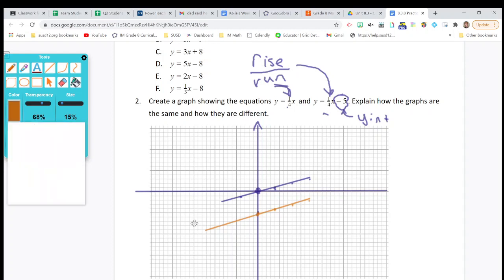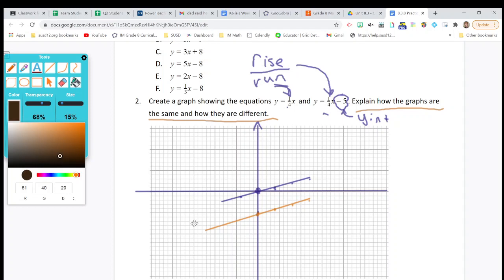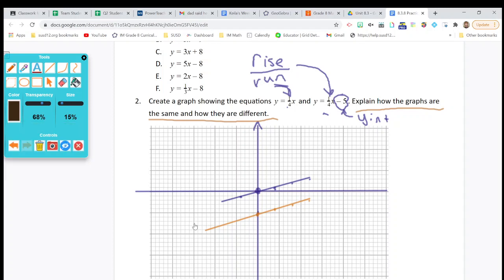The question asks you to explain how the graphs are the same and how they are different. So get your pencils ready. I want you to give me a good explanation. And I'm going to help you with that in case you're not really that good at thinking how you want to say things. Let me just give you my ideas. In the first equation, the